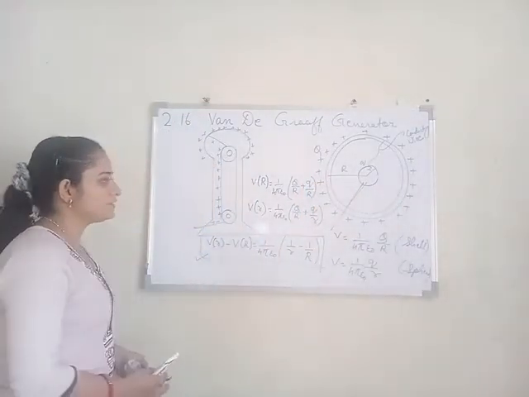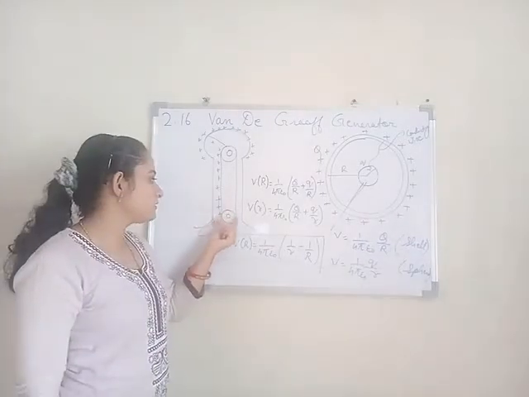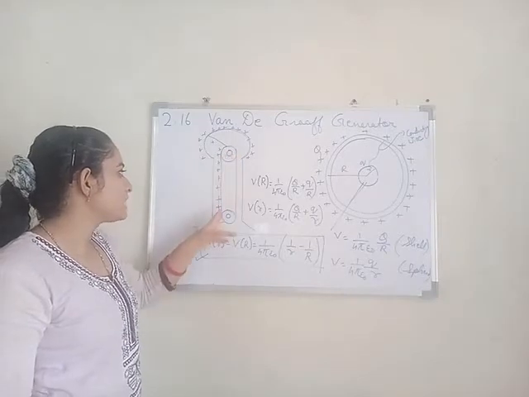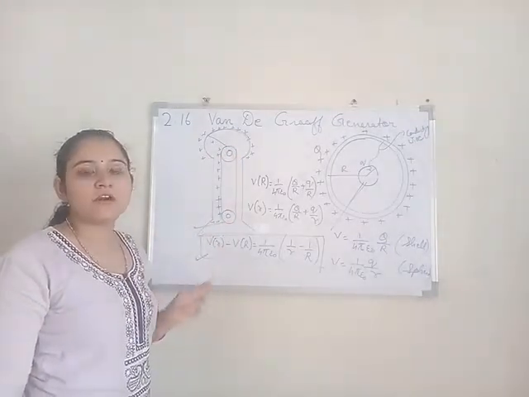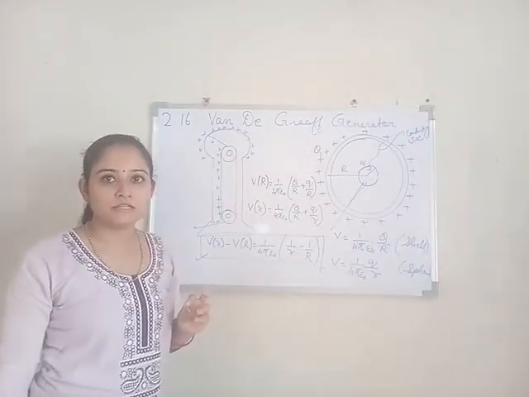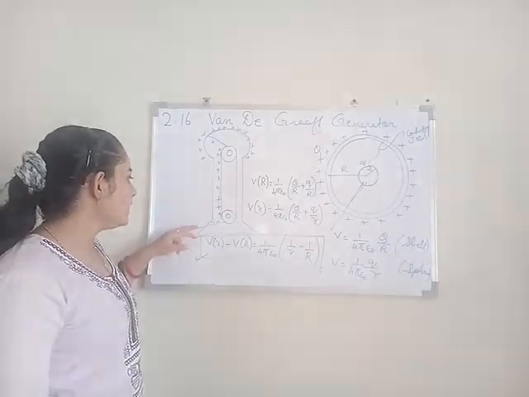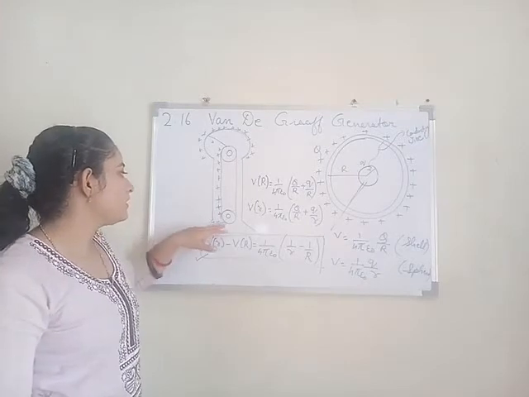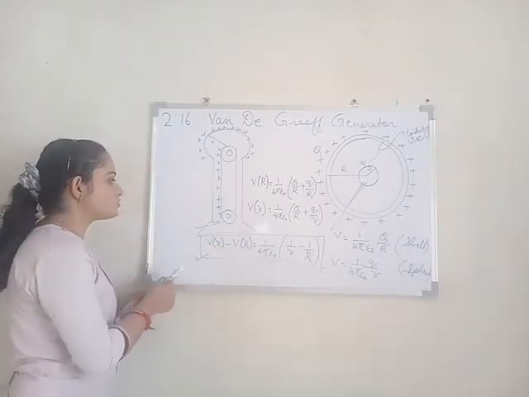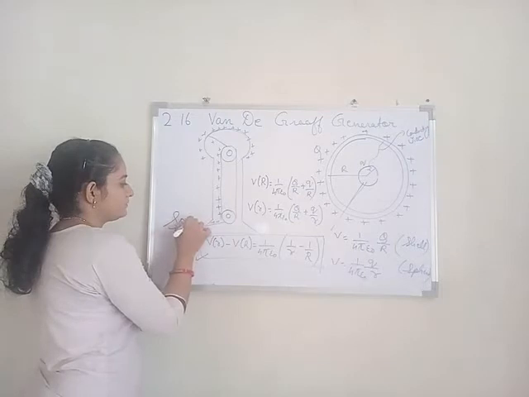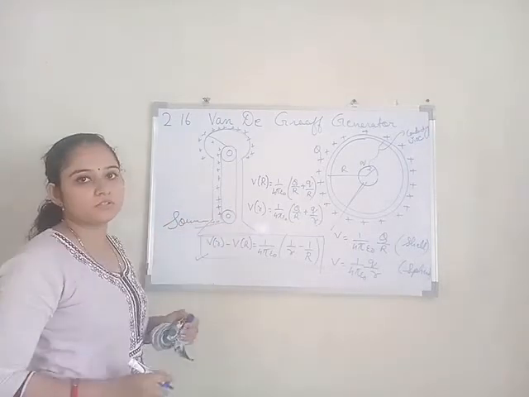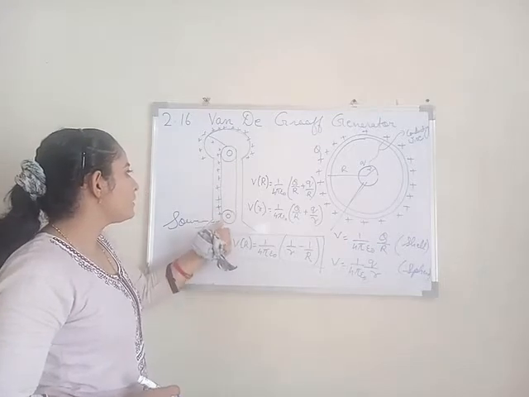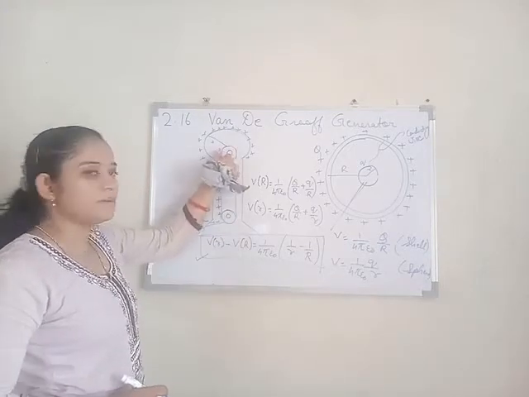Now consider this Van de Graaff generator. This is the motor driven pulley. This is the other end of the pulley. We will have the belt of either rubber or silk, an insulating belt. From here there are two metal brushes. From here we will insert the source of the positive charge on the brush. Then the positive charge will move from here to the upper side of the pulley.